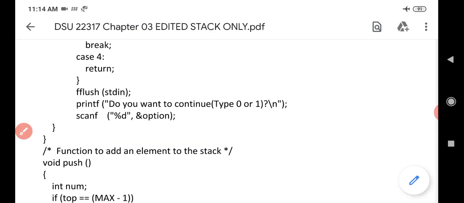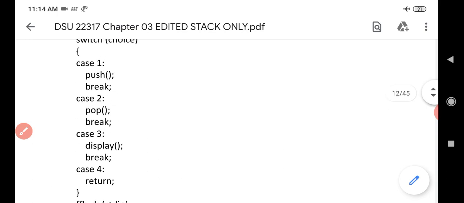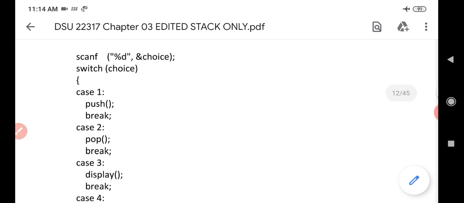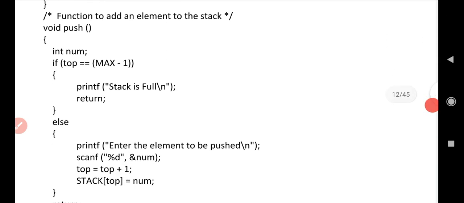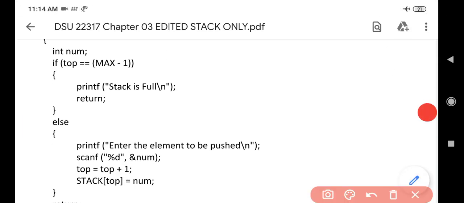So let us go in detail. Suppose the user has chosen choice 1, and at that time the push function is called. So what will happen here? Void push, int num is the variable where I will be storing the number which I want to insert into the stack. From where will this number come? This number will come from the user.